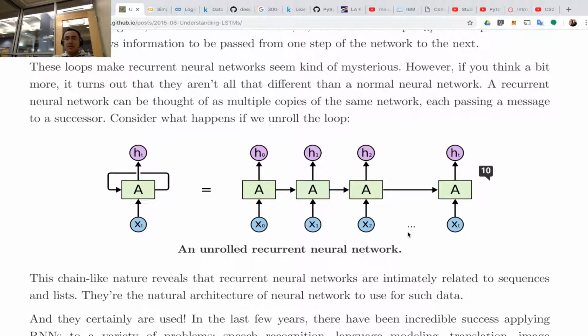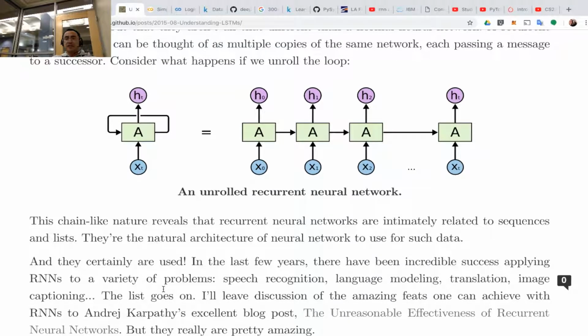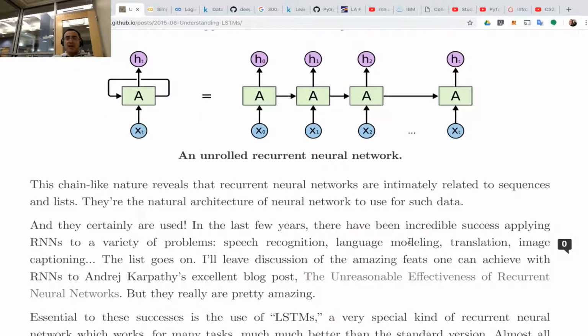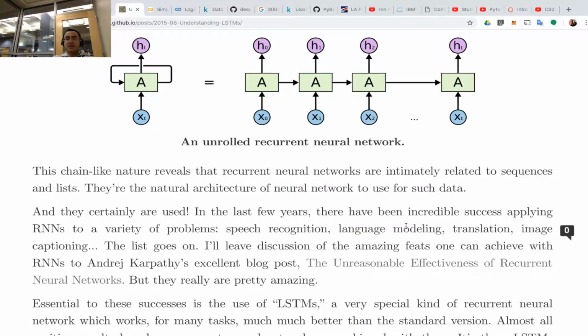So the chain-like nature reveals that recurrent neural networks are intimately related to sequences and lists. Okay, they are the natural architecture of neural network to use for such data. Okay, cool. And they certainly are used. In the last few years, there have been incredible success applying